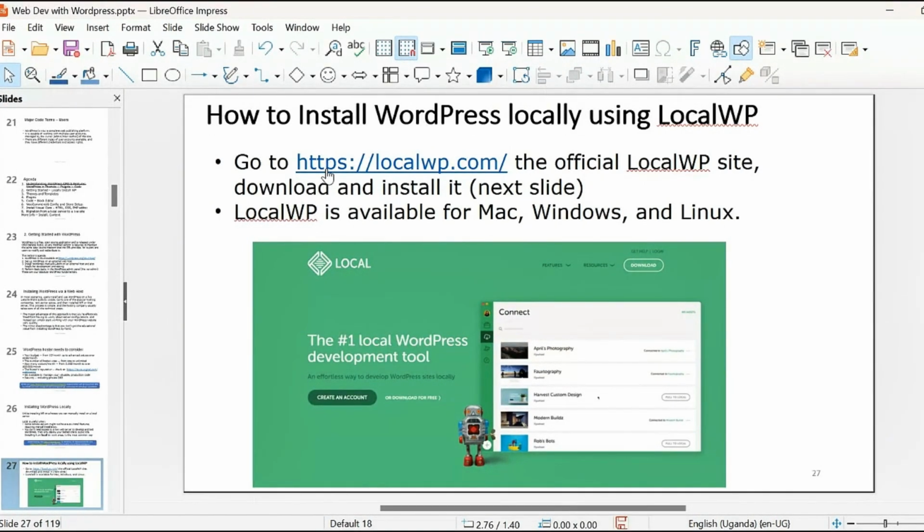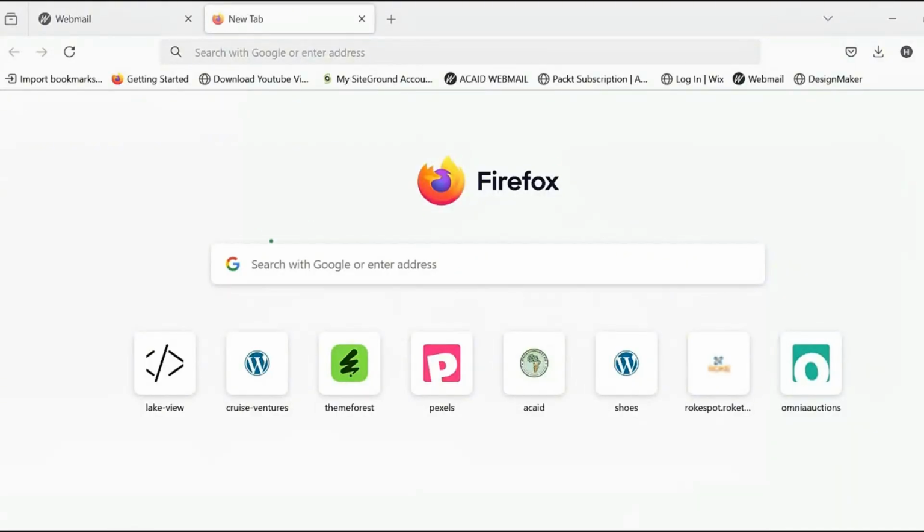So you go to localwp.com, which, just allow me to share a new window. Okay, there we go. I hope we can all see my browser.